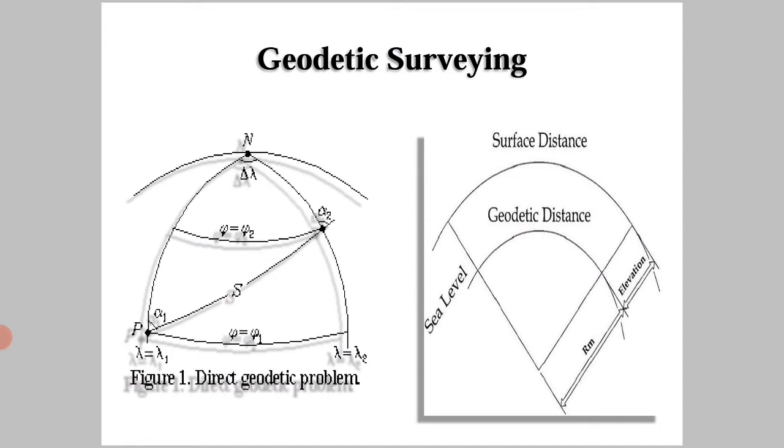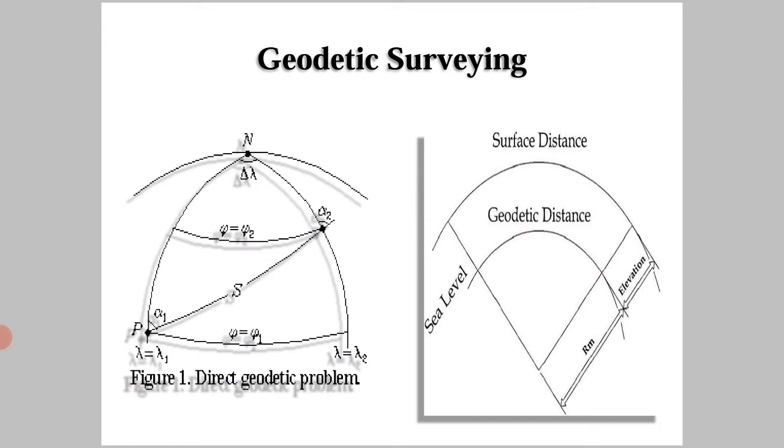Then the triangle formed by any 3 points is considered to be spherical, right? And the angles of the triangle are considered to be spherical. So it is clear that in geodetic surveying, the Earth's surface is considered curved, then the triangle is considered spherical, and then the angle is also considered spherical. So plane surveying, which is carried out for a small area, what is the difference between plane surveying and geodetic